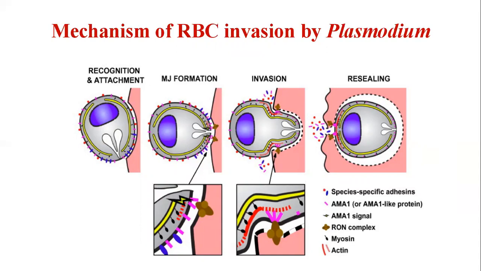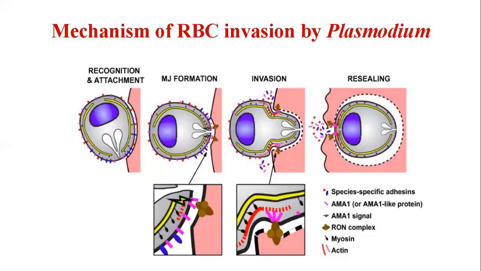Host cell recognition, species-specific attachment and reorientation are likely mediated by species-specific proteins known as adhesins. These adhesin proteins are spread throughout the surface of the merozoite, as you can see. These pink and red dots, and the blue and red dots, are the species-specific adhesins, and these adhesins are responsible for the attachment of the merozoite to the